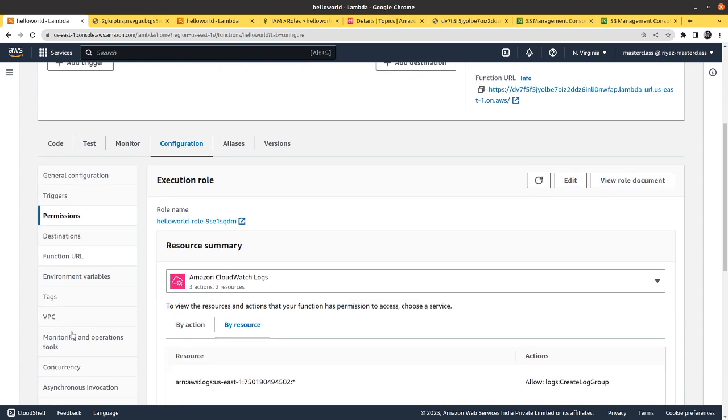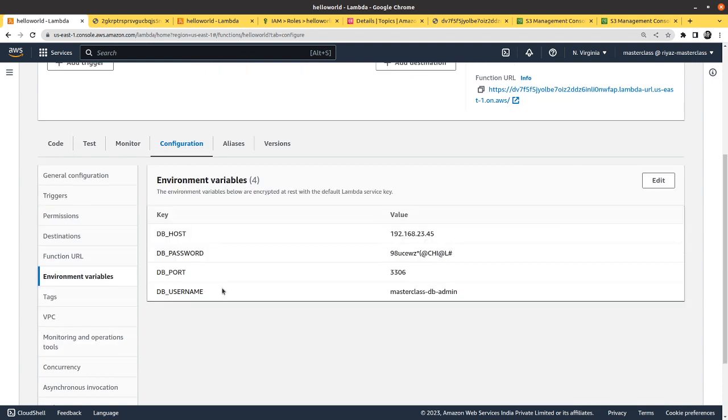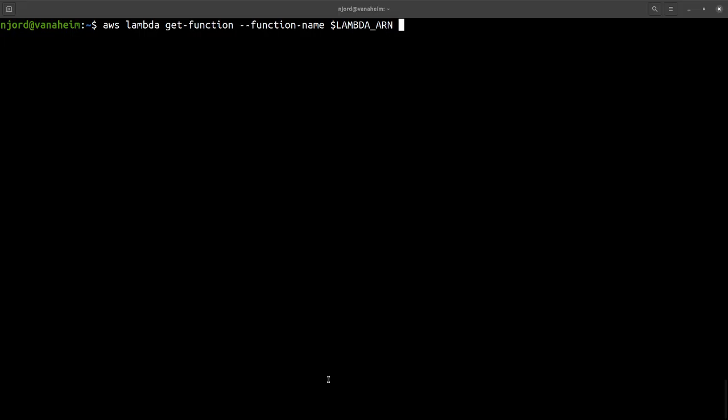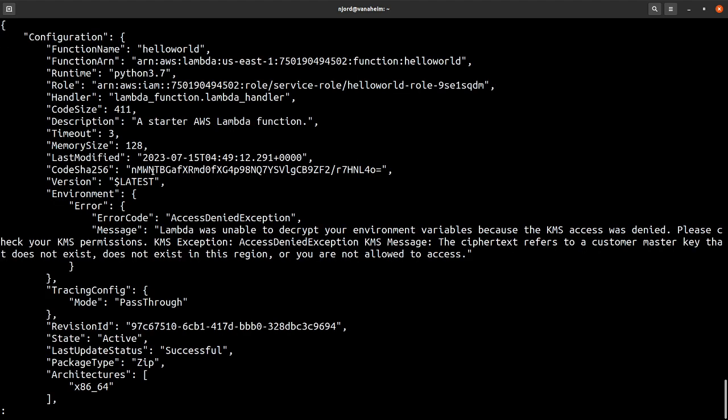So if I go here, there is environment variables. You see these environment variables. These will come up in your get function. So if I do this, they should show up in your